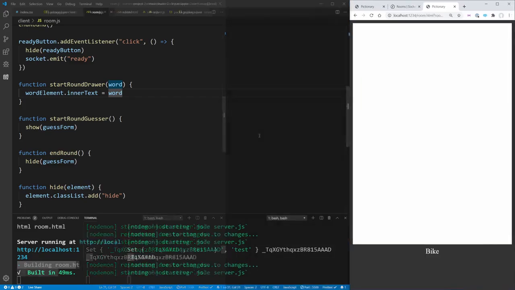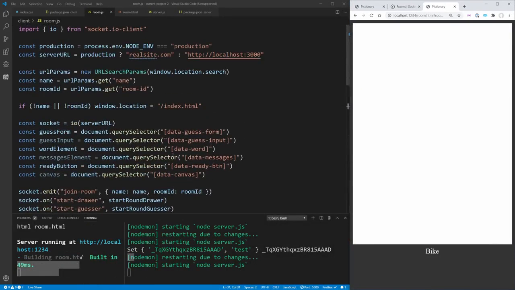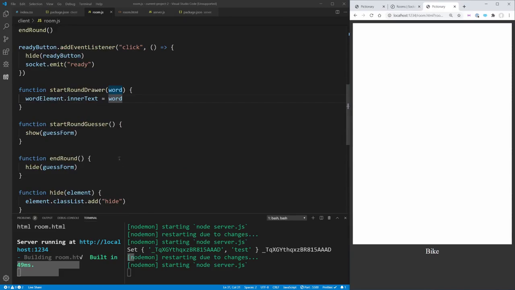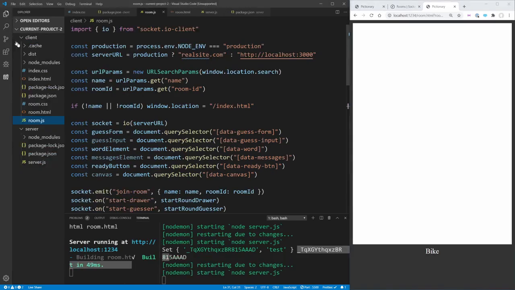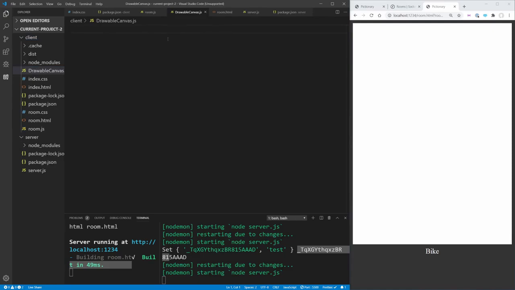And since I don't want to pollute this code, right now we already have quite a bit of code showing up in this file, and it's only going to get larger. I want to create a separate file for all of our draw-related functionality. So let's just create a new file, and I'm going to call this here drawablecanvas.js. And I'm using capitals for a reason, because I actually want this to be an object that I initialize